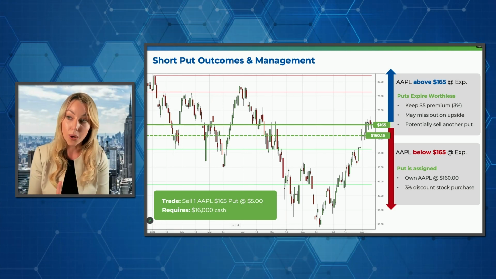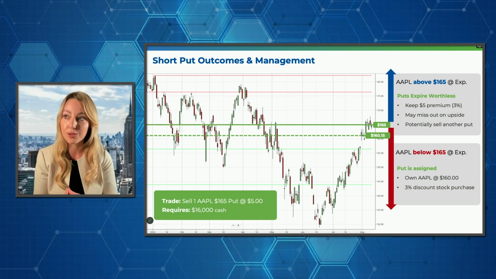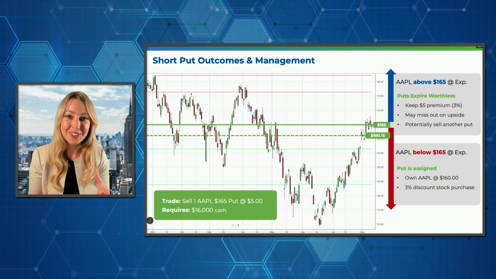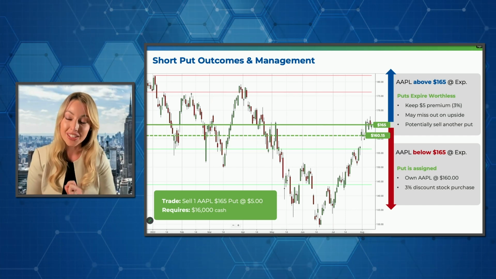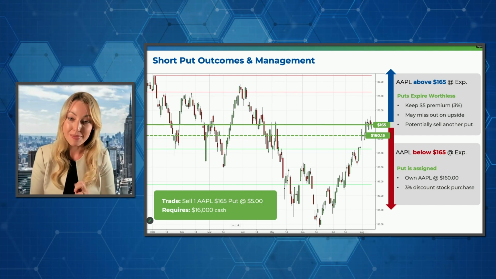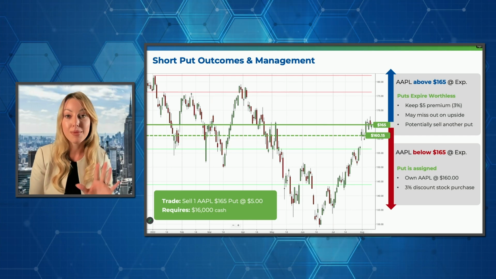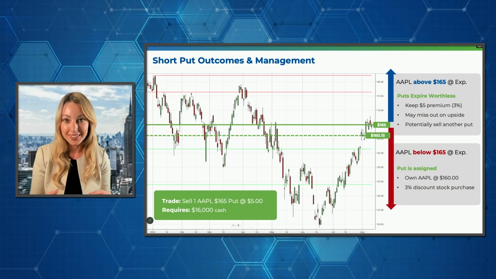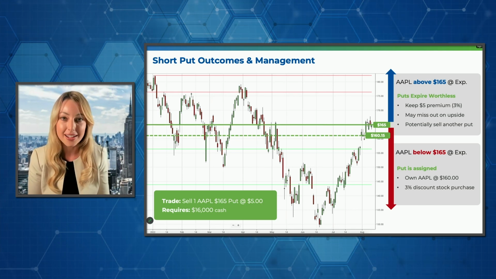There is an important component that I do want to make sure people are aware of, because sometimes this just sounds too good to be true when you first listen to it. There is a risk that is very important. It's called upside potential, meaning we are receiving a $5 premium in this scenario. That's my max gain. When I buy a stock, your max gain, of course, is infinite. It can theoretically go to an infinite price.